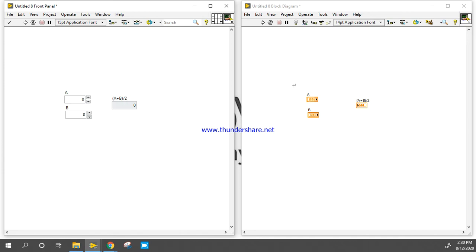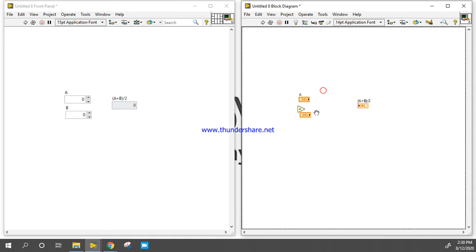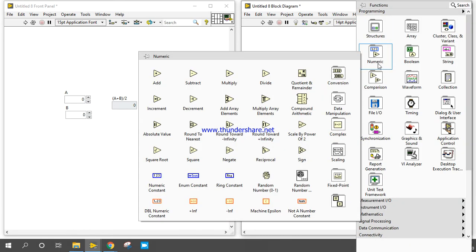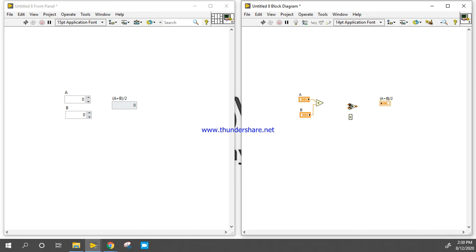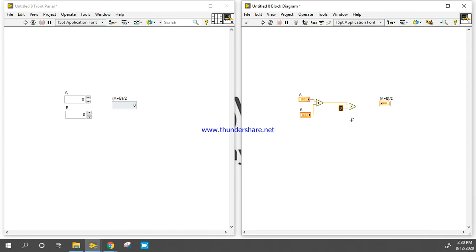Let's design the program first. Add both numbers A plus B, then take one multiply and multiply with .5. Now our average program is complete. A plus B divided by 2 function is complete.